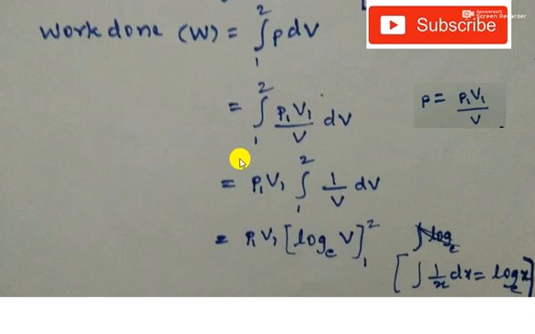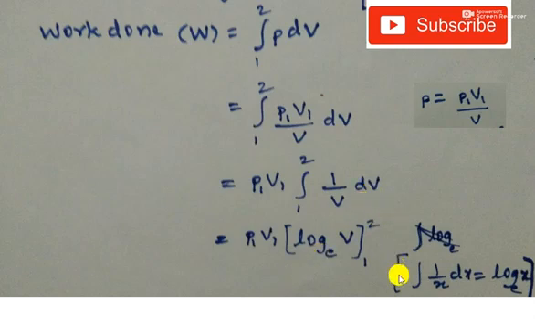and see here P1 V1 are the pressure and volume of the system at the place 1. So these are at the place 1, pressure and volume are constant, so we can write them outside the integration, and here the variable is V. So this is to be integrated. So you write this P1 V1 outside and the integration from 1 to 2 of 1 by V dV,